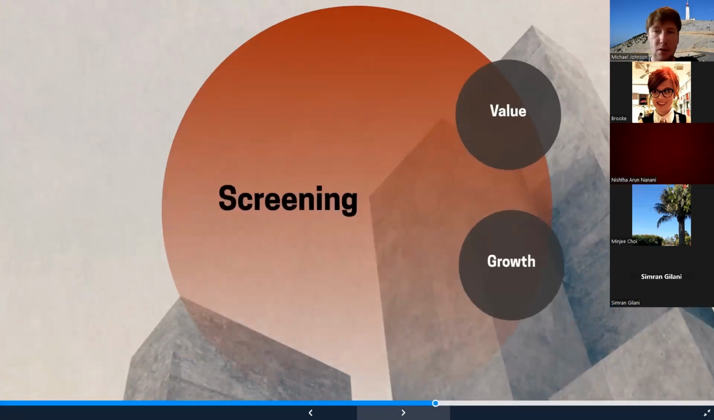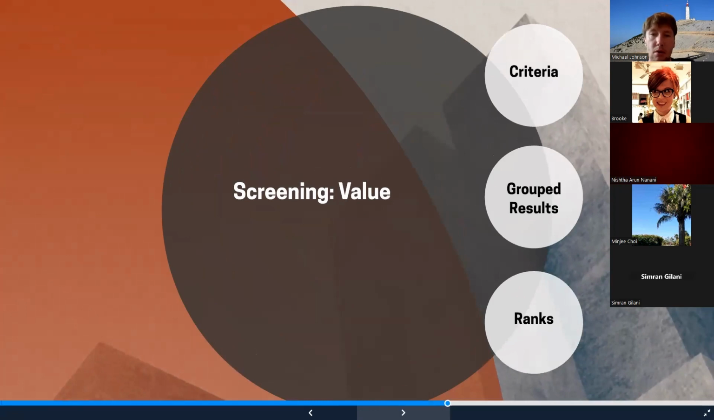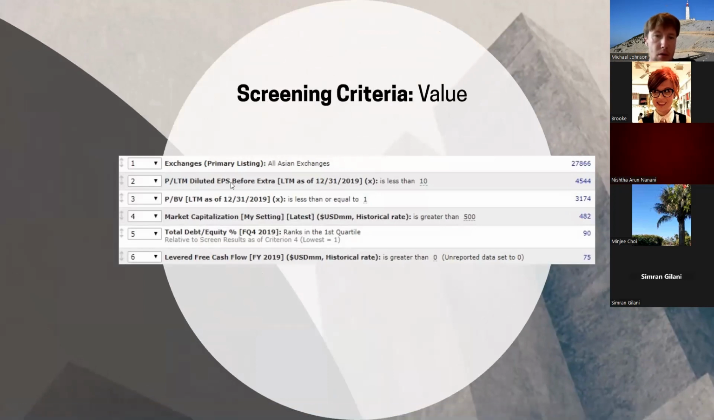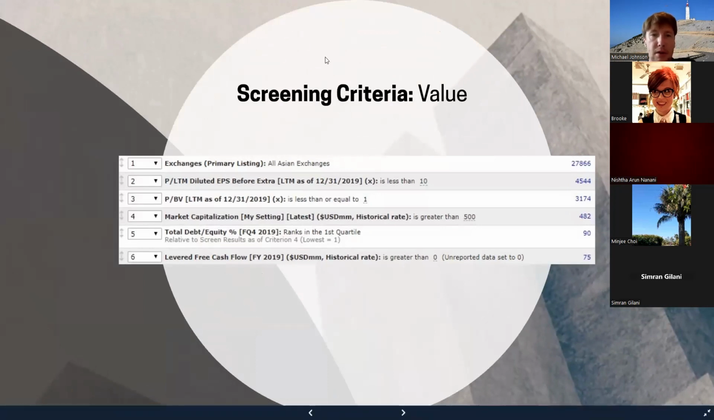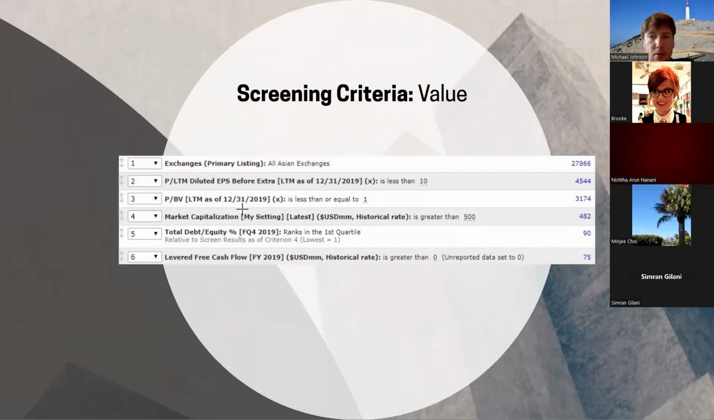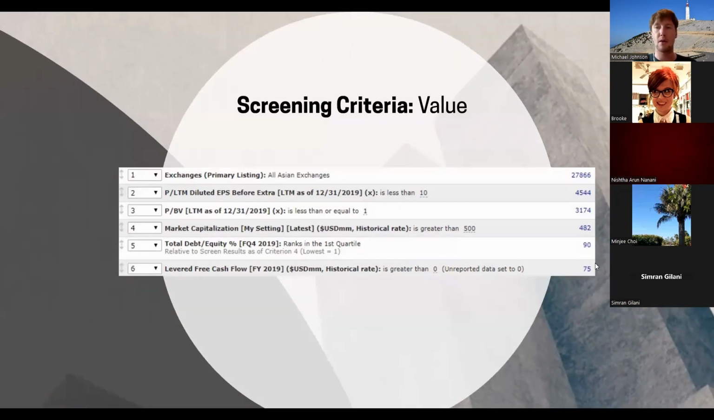So then screening. So screening for value, you have to look at the exchanges, the earnings per share. Based on this, I'll put this in the chat here. As they say here, you're looking at which exchange it's from. So determine which exchange it is from. Determine if the price to